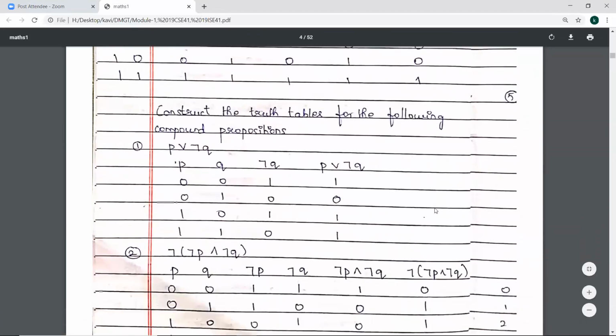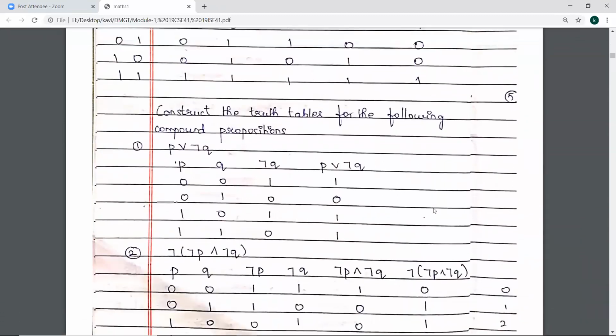Next, we will solve simple problems using these logical connectives. So what's the first problem? Construct the truth table for the following compound proposition. See here, the compound proposition is given. We need to construct the truth table. Here only two propositions are there, P and Q. So 4 possible assignments of truth values to P and Q we need to consider. Then we have to construct the truth table. P, Q, these are the possible assignments of truth values of P and Q.